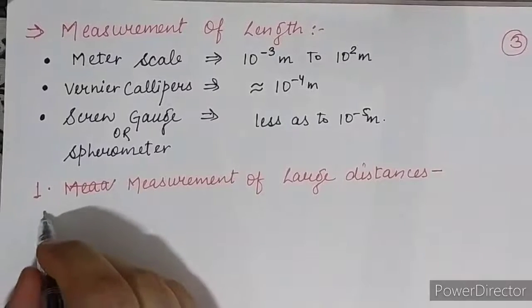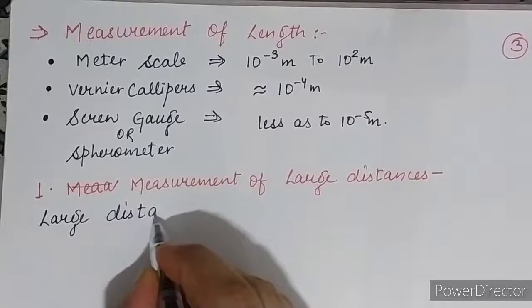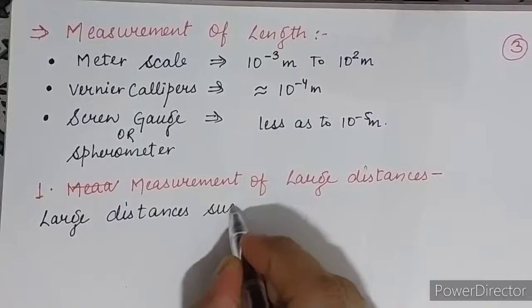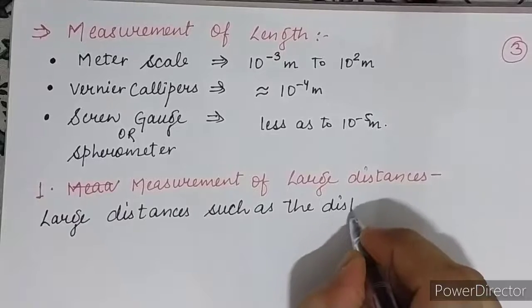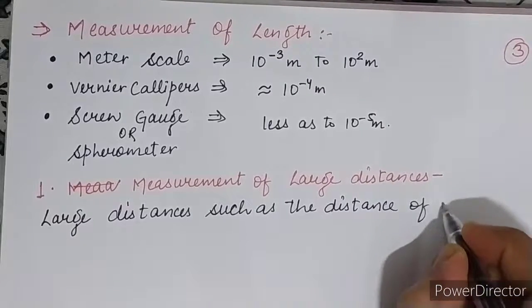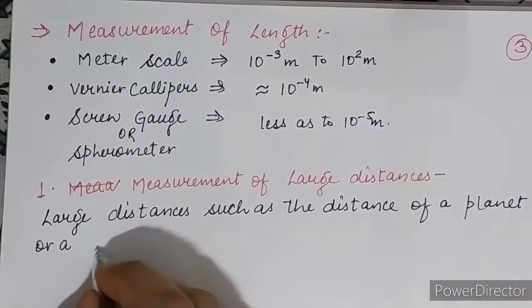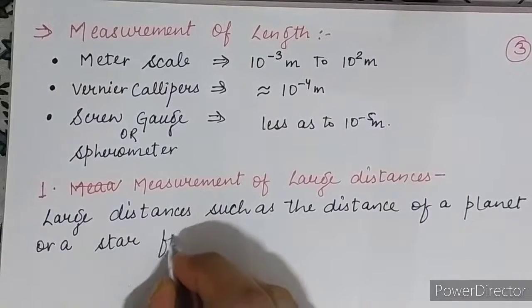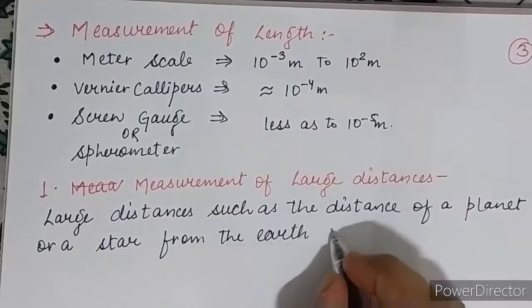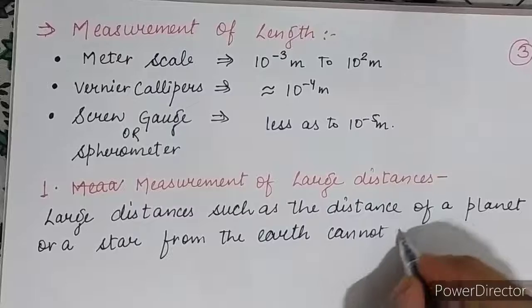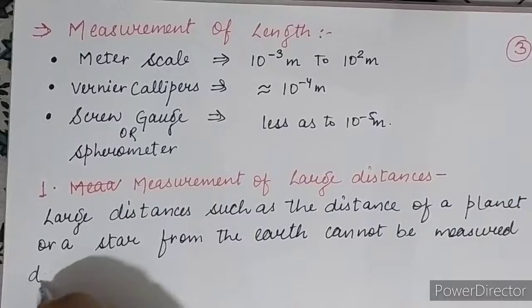I am writing it down: the large distances such as the distance of a planet or a star from the earth cannot be measured directly